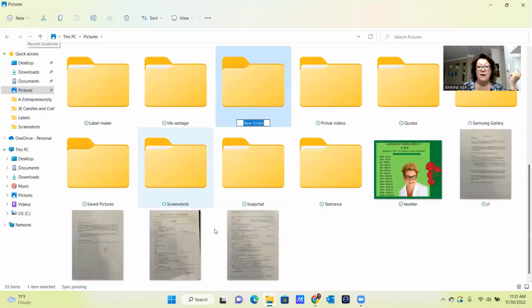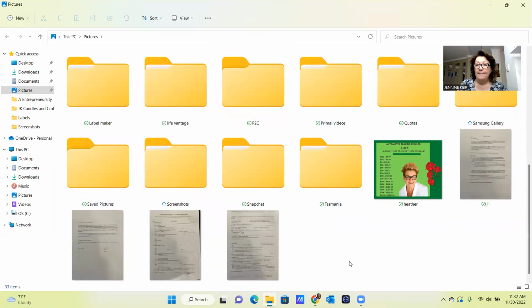Now what that's going to do is create a brand new folder. Yours will just pop up, and obviously you won't have much else there. So there's mine. You might want to call this everything to do with P2C. So you just name that. While it's blue, you can just type. You don't need to get rid of it. While it's highlighted blue, you can just type P2C. There it is. You don't need to do anything else. Then, because I've got other things there, that will jump into alphabetical order.